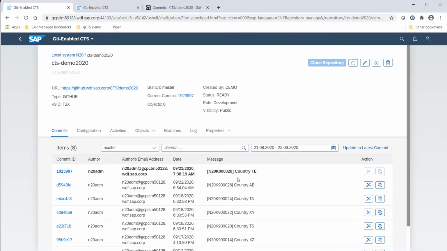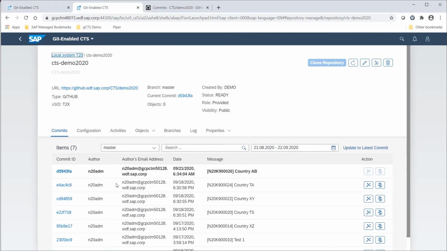So this is indicated by two factors. One is you cannot activate it, and the other is it's written in bold letters. It can also be that any of the other commits is the active one. So you can choose to go for one of the other commits by just clicking on this. And then the changes or the version of the objects as it's available in the respective commit will be activated on your system. Okay, so now we are on the development system, but let's go to our target system and see what this means on the target system.